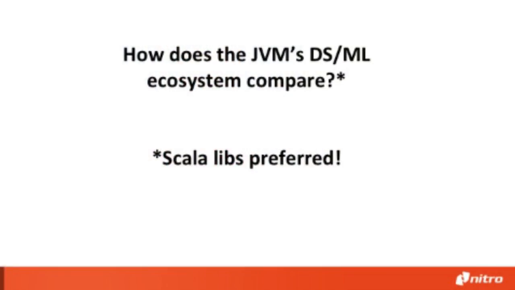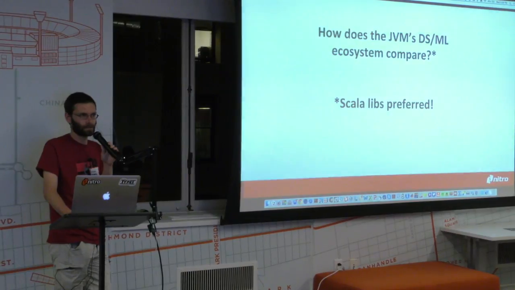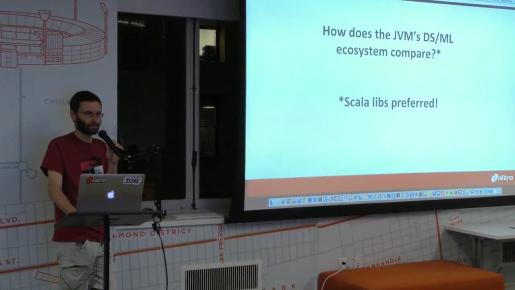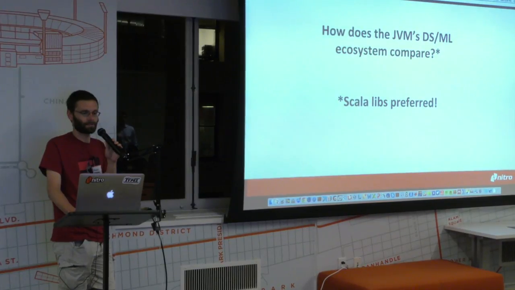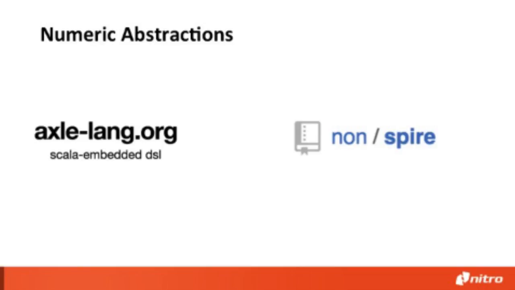So, how does the ecosystem compare? Because sure, we're purists here, or semi-purists at least, and we believe in FP and we believe in static typing and so on. And the JVM is probably a better runtime, but if you don't have any ecosystem, then people are not gonna give you all the time in the world to write the libraries because you have to deliver results, right? It doesn't matter what the runtime is at that point. So I just want to make the point that the Scala ecosystem is actually not that small.